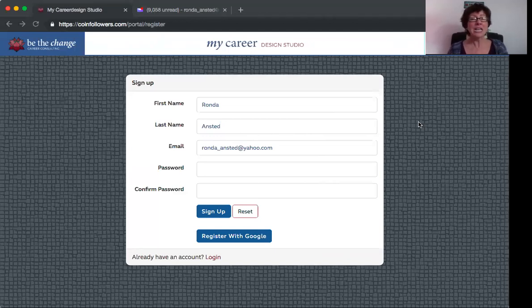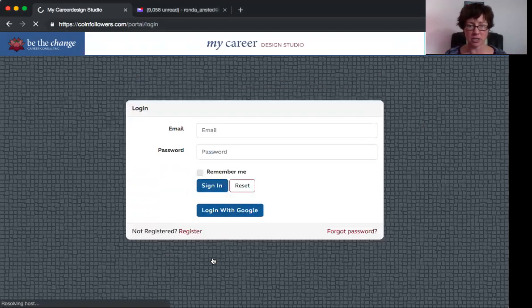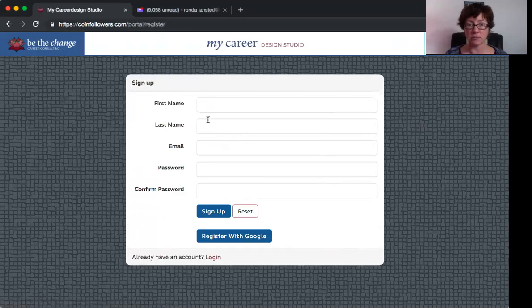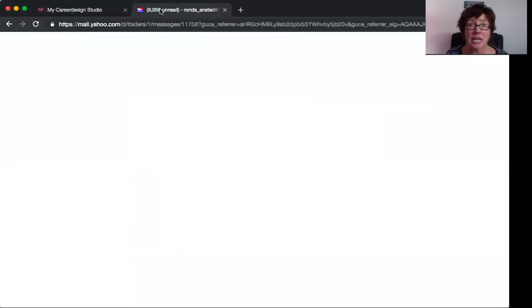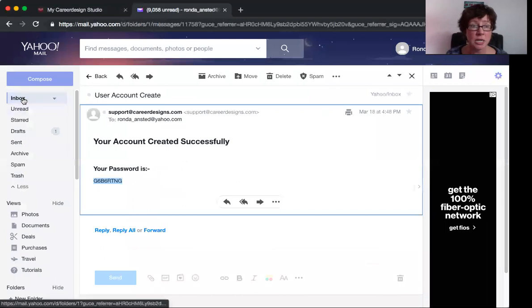So when you as a counselor are signing up, this is the screen. You'll actually start with the login screen, and then not registered. You'll click on register to get this screen. And basically you just fill it out. Then you're going to get a confirmation